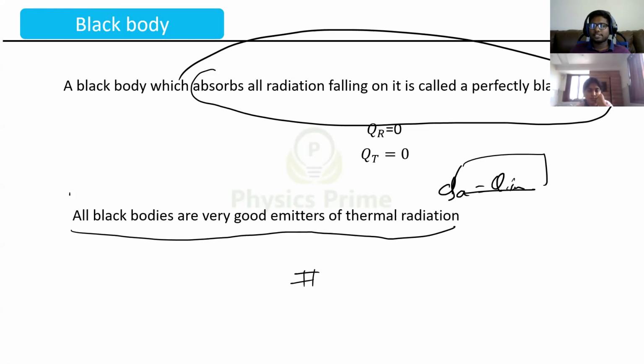There is an important law by Kirchhoff. That is this one only. All black bodies are good emitters of thermal radiation. Means absorption is higher means radiation also will be higher. Good absorbers are good radiators. Good absorbers are good emitters. This is a qualitative law. That means in statement wise I told, but did I tell you in equation wise? No, right? Kirchhoff's law I gave in the statement. QA will be maximum for black body. Good emitters are good radiators. Also, good emitters are good absorbers. So this is theory. But in equation wise, how you can represent Kirchhoff's law?